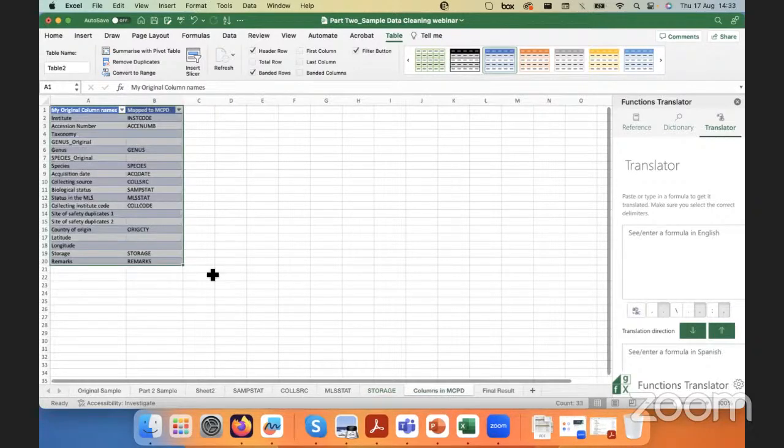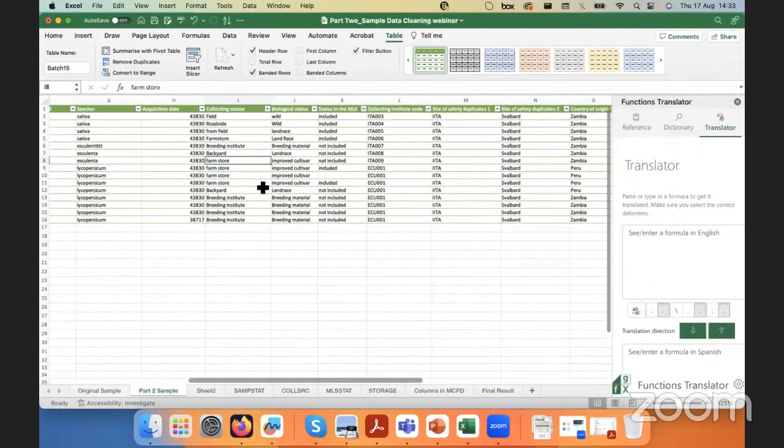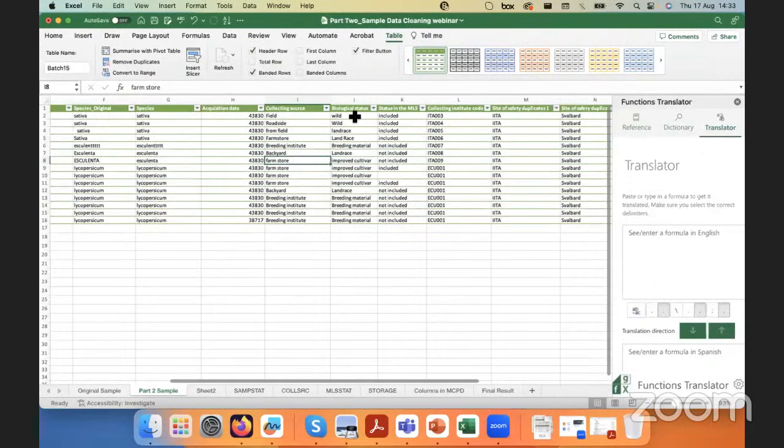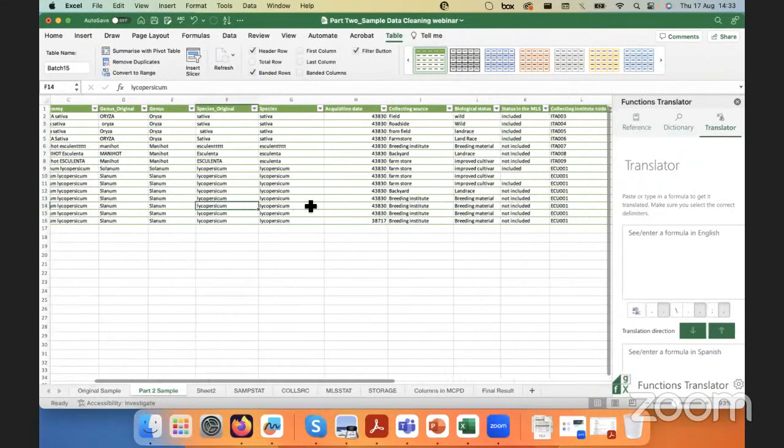And you can also do it for your column headers. Then you can save those lookup tables somewhere, and you can go back to them every time you are going to do this mapping to MCPD that we will apply later on in this live demonstration. So right now we only mapped in separate files. We will apply the mapping to this data sample later on in this demonstration. But before we do that,